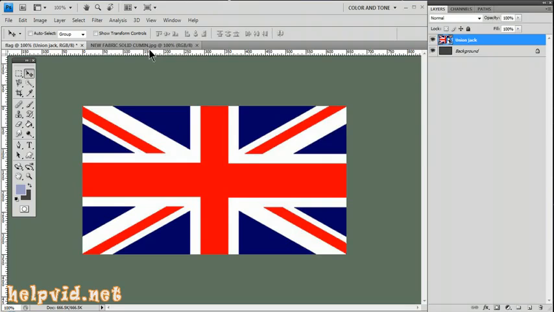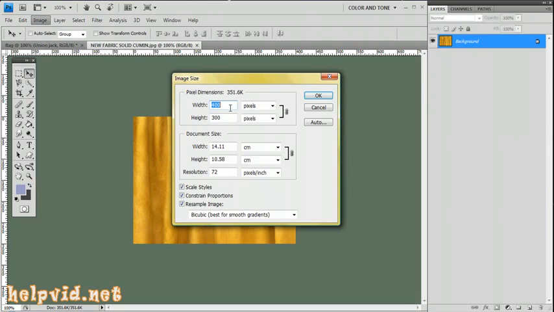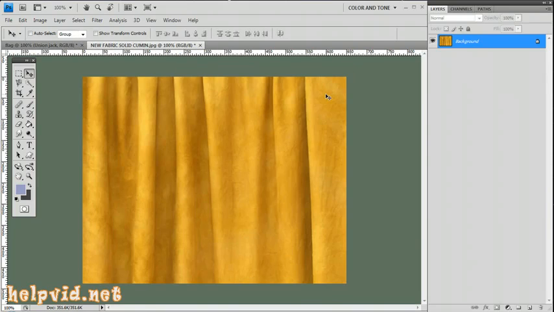Come back to your background layer. Come to Image, Image Size, and we change the width to 650, but you see that the height automatically changed there. Now we can't take this down, watch what happens to the width. You see that, they both change, you can only change one. So we'll change our width, the highest one, to 650, and we know we need to change this, but we can't in here. So we'll click OK for the time being,